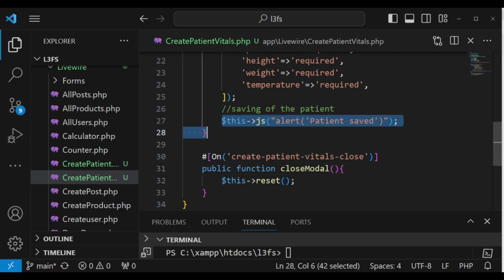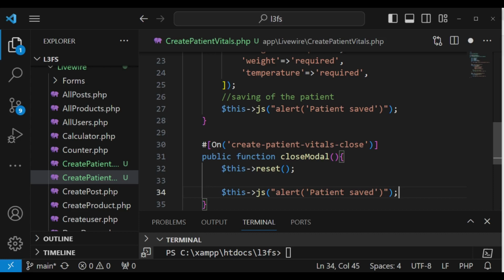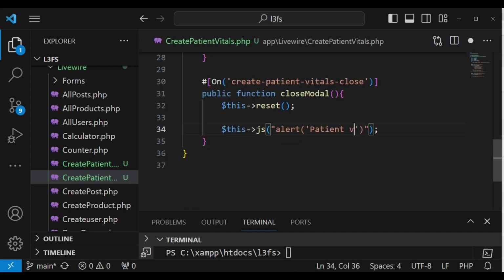I also want to do something more and just do an alert. So I'm going to copy this, and here for patient vitals I'm going to say patient vitals. I did just copy it previously without changing, so I will copy this and paste it here, and I can write patient vitals model closed,